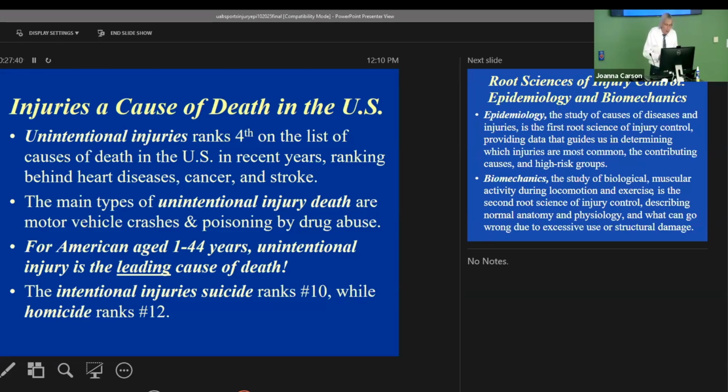The intentional injuries also rank pretty much in the top 10. Many people wouldn't guess. Suicide, taking one's own life. While I'm on that note, suicide: Angela Sullivan and David Coombs, who both work in the School of Public